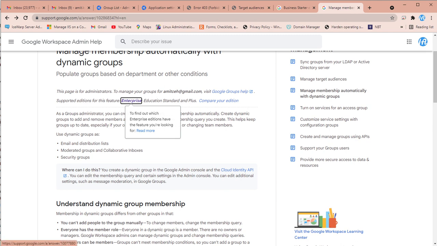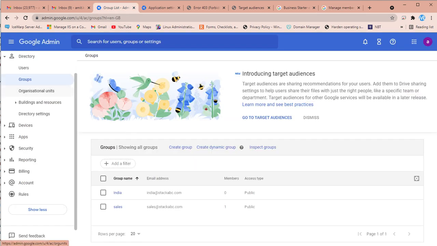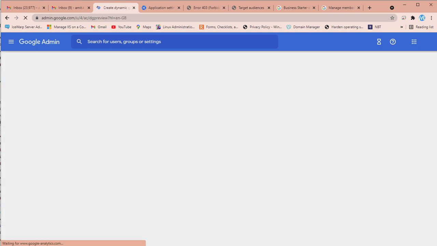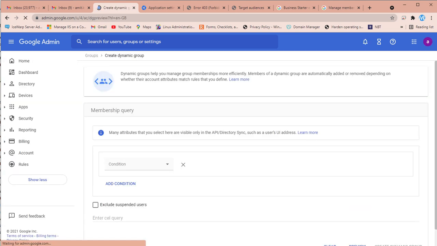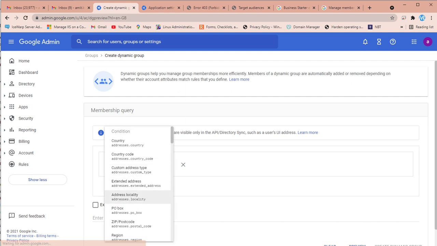So we have the Enterprise edition. We'll go on the group tab. Here we have already created 2 groups. Now we will create a dynamic group, so we will not click on create group. We will click on create dynamic group here, and now you can specify the conditions.